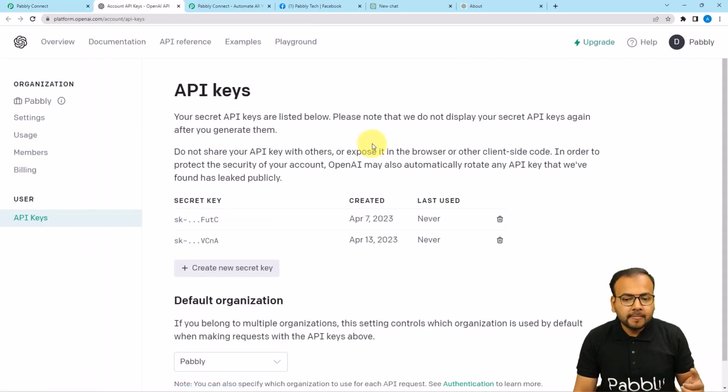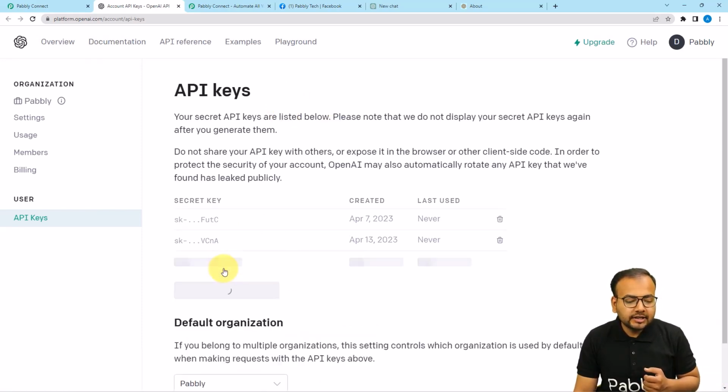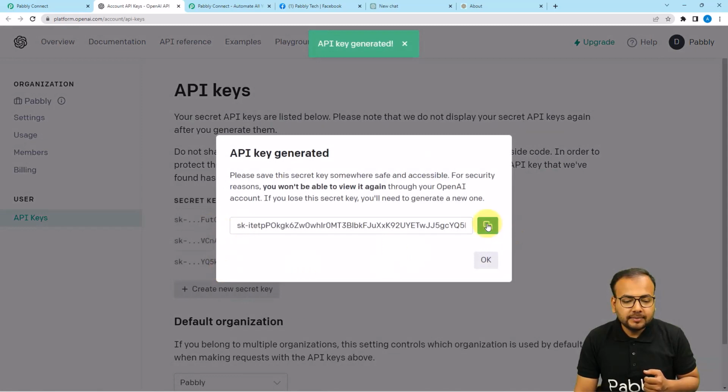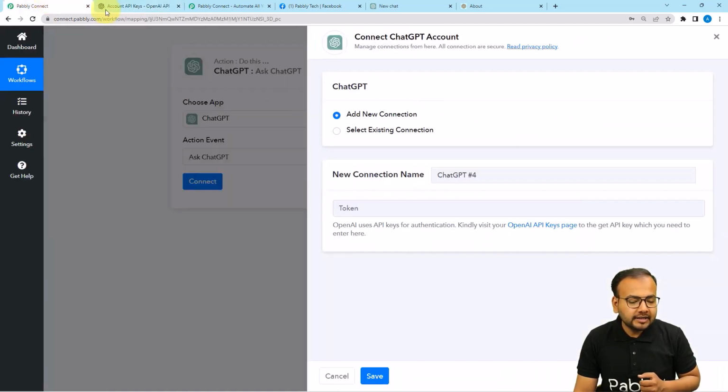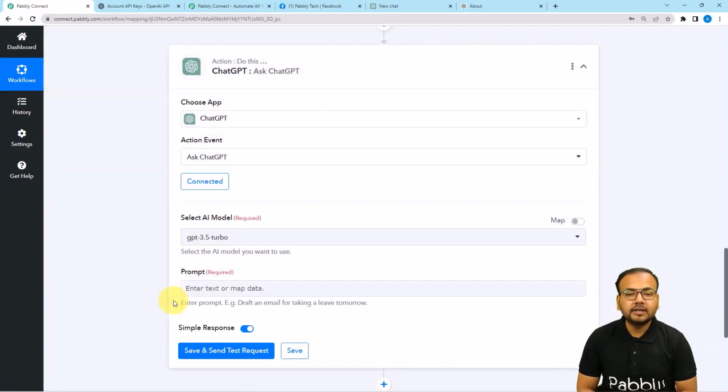OpenAI key page. If you're logged in, you will be redirected to this page. If you're not logged in, it will ask you to log in, then you can reach here. And here, click on this Create New Secret Key button, and the API key will be generated. Just copy that key and paste it here like this, and then click on Save, and you'll be connected with